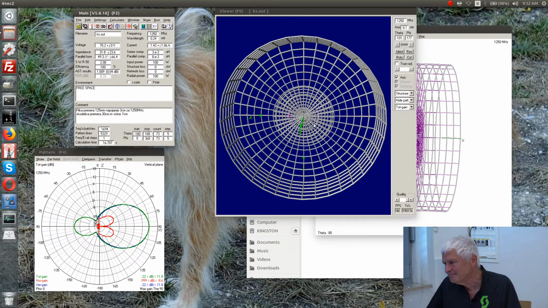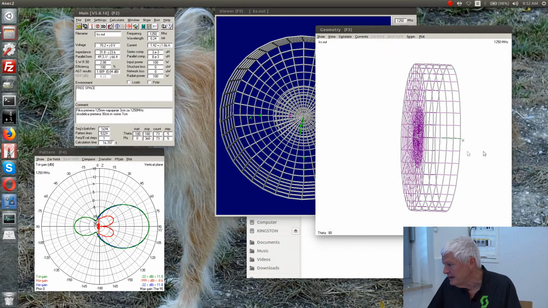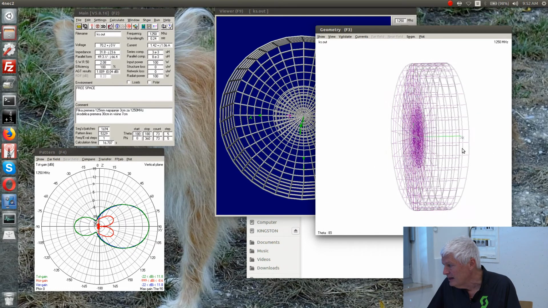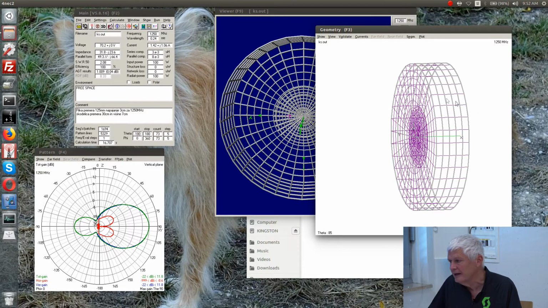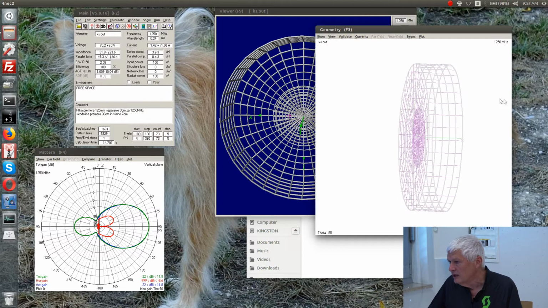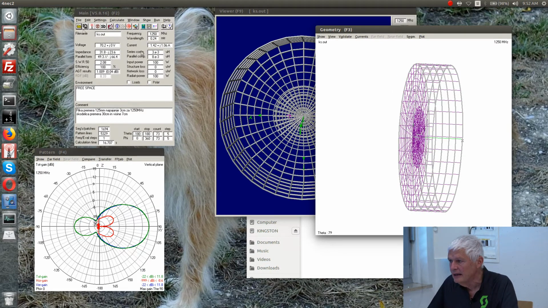But this is sensitive to rain, to snow, to ice that's accumulating. So we would prefer to put a radome, an insulating cover, over this antenna. And this insulating cover is actually going to modify the performance of my antenna. So how to insert a cover, I will show you now with my